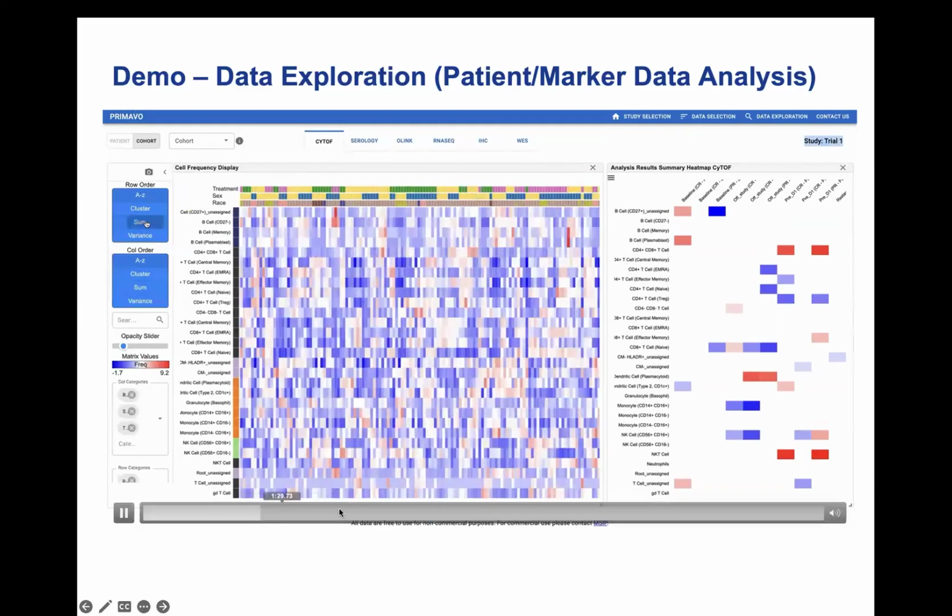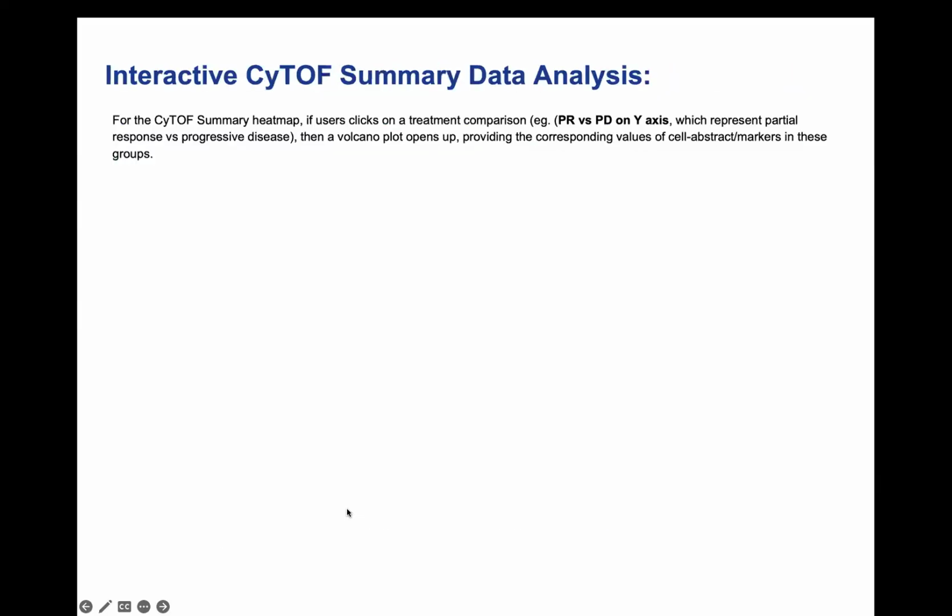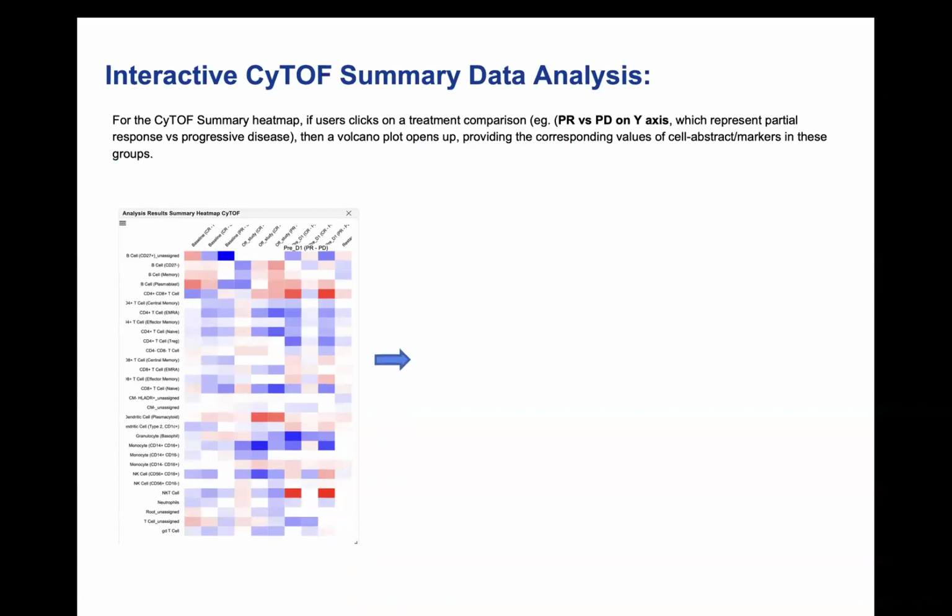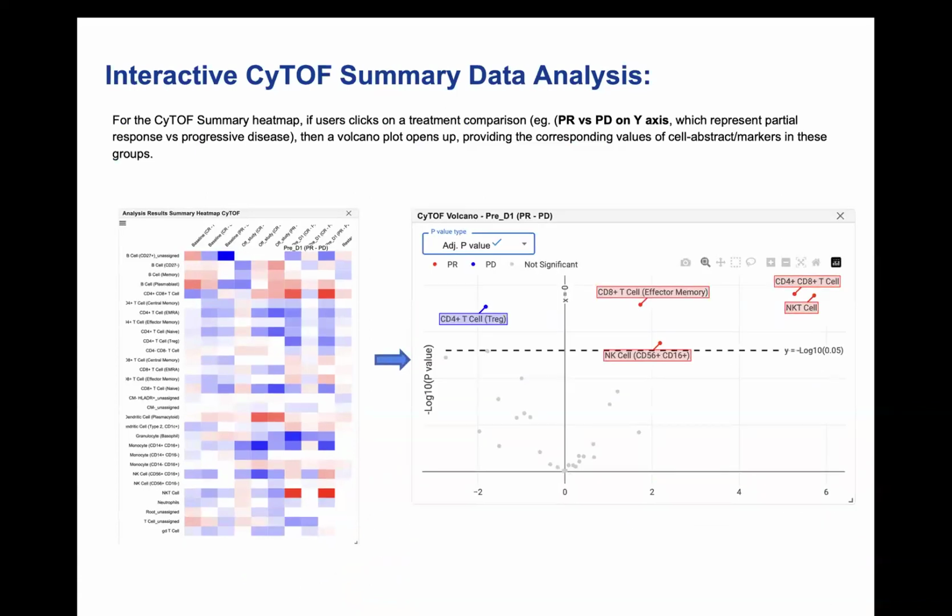Let's see, we saw this one. The other data set that we have is the summary analysis. Here we are just comparing different analysis results, and once we have the summary analysis, we can look at any comparison. For example, partial response versus PD, progressive disease, on the y-axis,